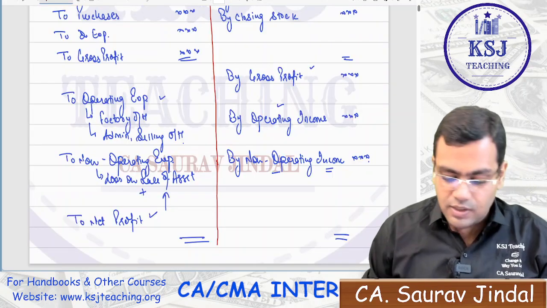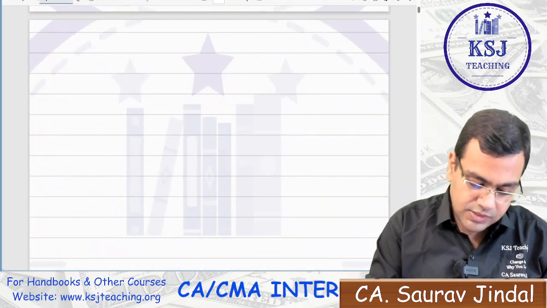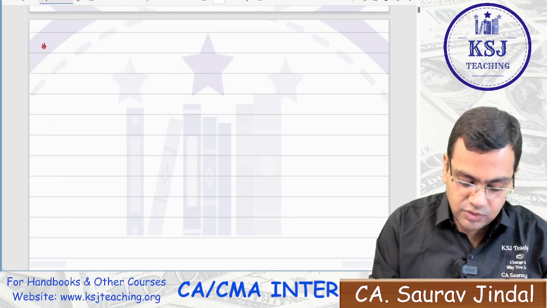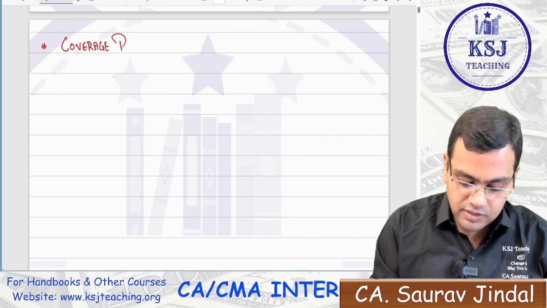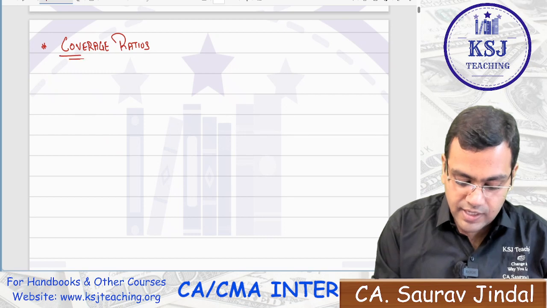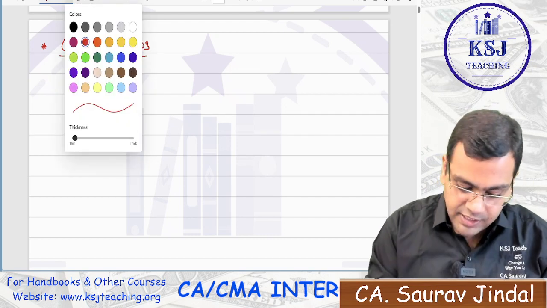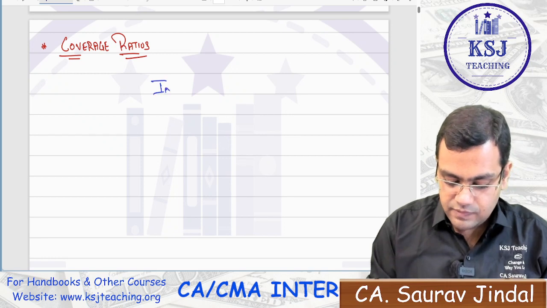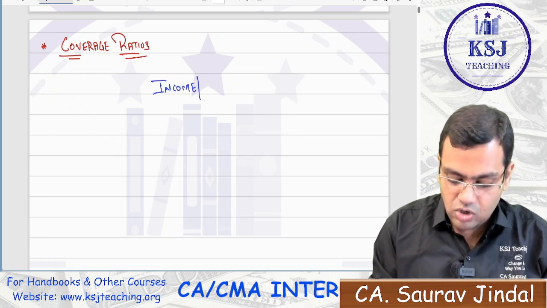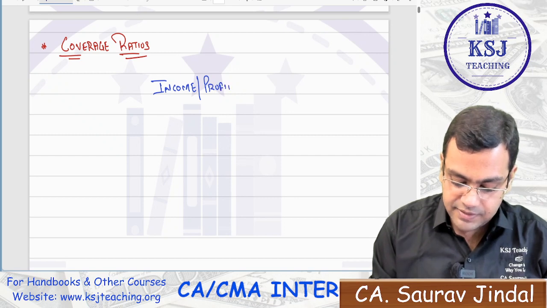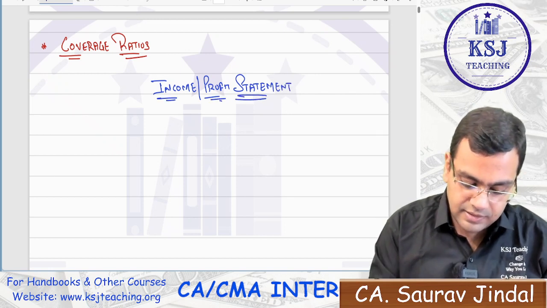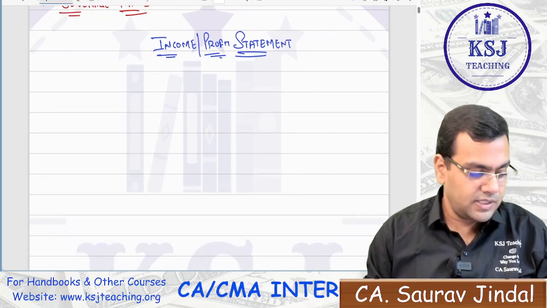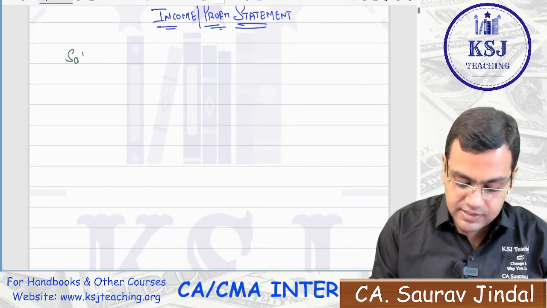Now, what do you need to remember for this, sir? For coverage ratios, what is required? You are required to remember the income or the profit statement. How to prepare this income or profit statement? Let's prepare it. So the first thing that you will get is sales